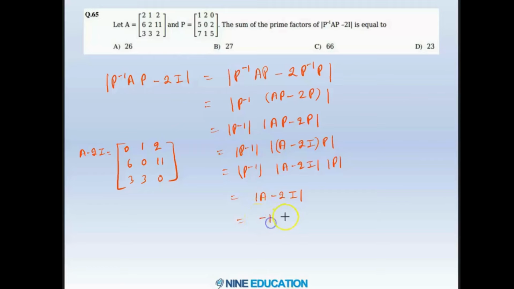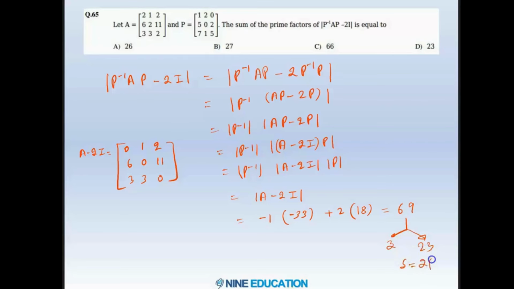It will be minus 1, 0 minus 33, so minus 33, and then plus 2 will be left with 18 minus 0, so it is 18 only. So overall 36 plus 33, that will be 69. Factors of 69 are 3 and 23, so the sum will be equal to 26, which is option